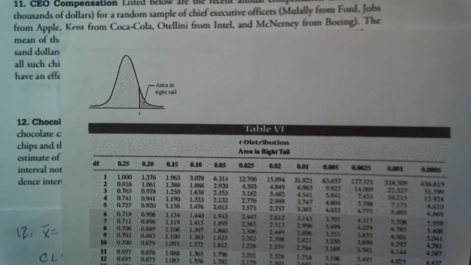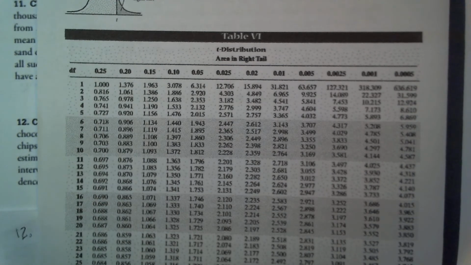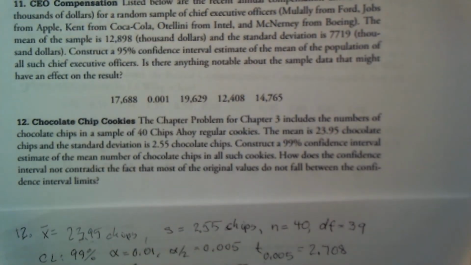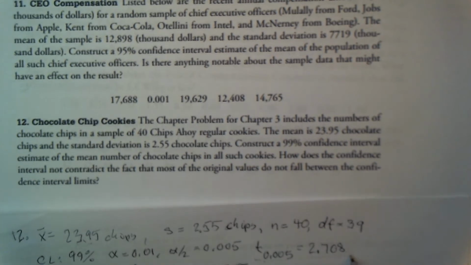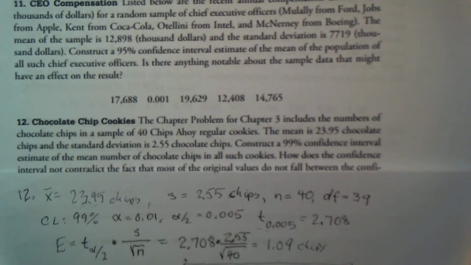What we do here is we look at the 39 degrees of freedom, and we go to 0.005, and there's 2.708. So that's our critical value. Then our margin of error is equal to t sub alpha divided by 2 times the sample standard deviation divided by the square root of n. So it is 2.708 times 2.55 divided by the square root of 40,